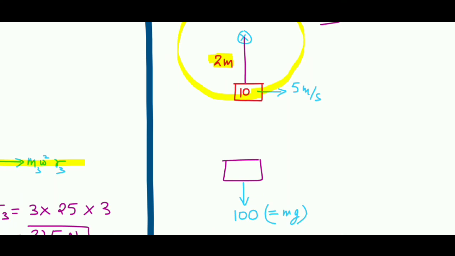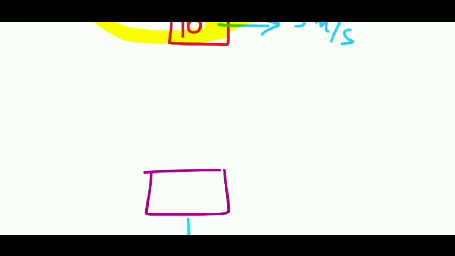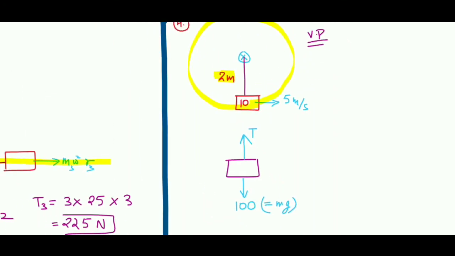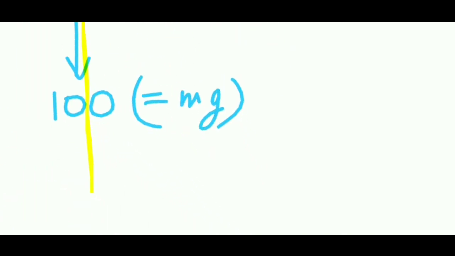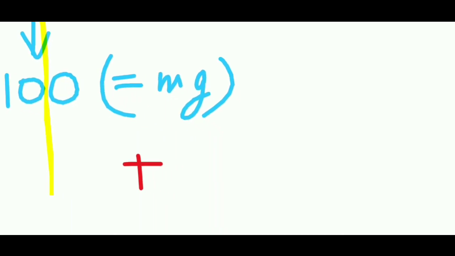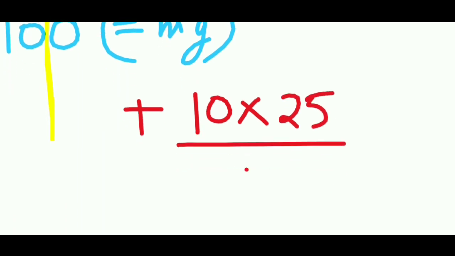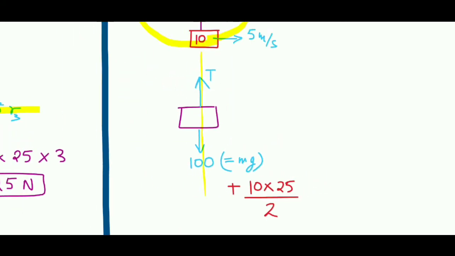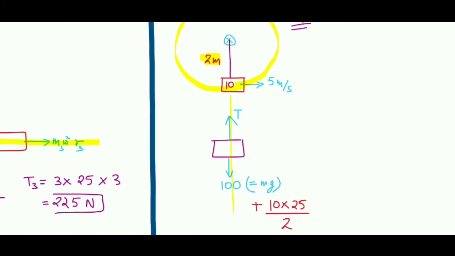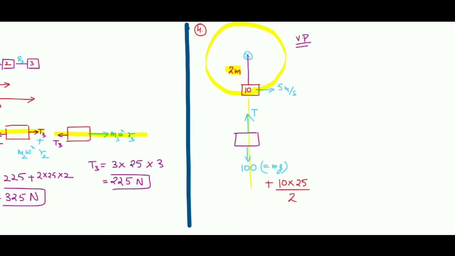Now tension over here will be in the upward direction. Let us take it as T. These are the actual forces, but if we apply pseudo force, it will be very easy, then we can simply balance the forces along this line. So let us apply the pseudo force as well. The pseudo force will be mv square by r. M is 10 kg, v is 5, so 5 square divided by r, which is 2 meter. So this is my free body diagram.